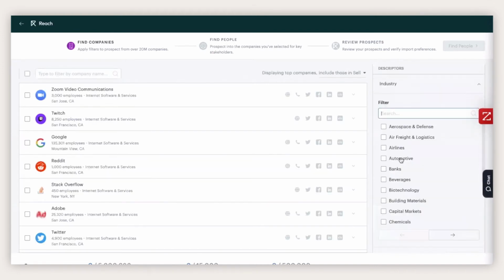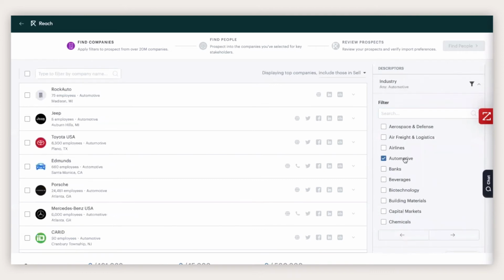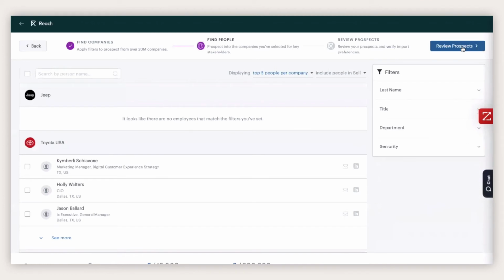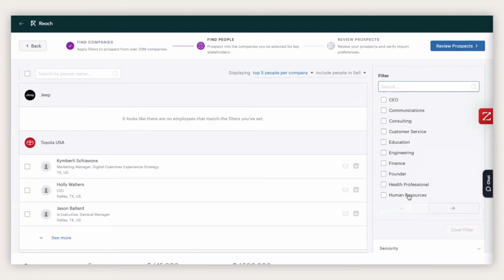That's my target industry. So I'm going to select some accounts. Let's do Jeep, Toyota, Edmunds, Porsche, and Mercedes. And then I want to find the people, so the prospects within these accounts. And let's pretend I sell HR software. I want to highlight the HR department. All right, so now it's automatically going to give me all of these leads that are in HR at these